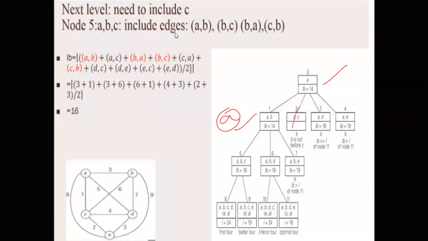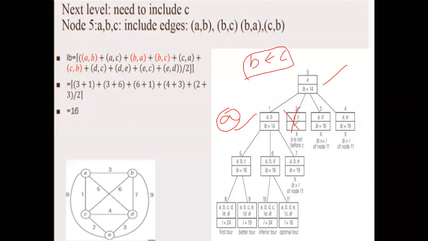And we also saw why we are not considering this A to C, because we are making a bounding function saying B should not come before C. Correct. So based on this, we are avoiding this. Otherwise, you need to compute lower bound for this also, which will just simply waste our time, right? If you compute also, it will not give you much difference, but only time taken is more.